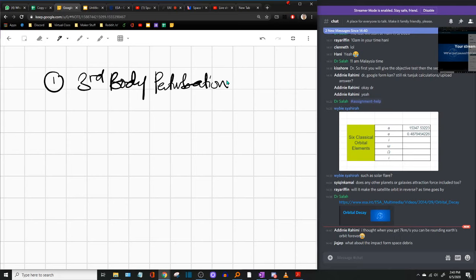The gravitational exertion of the moon is disturbing. It will change the satellite's right ascension of ascending node by this amount,